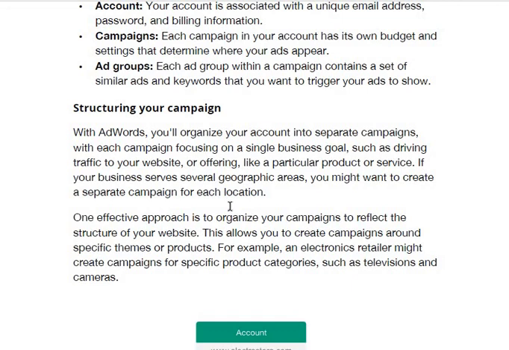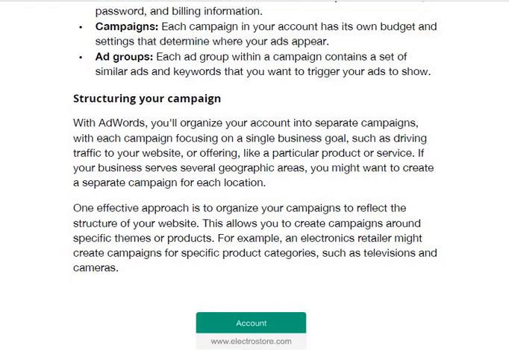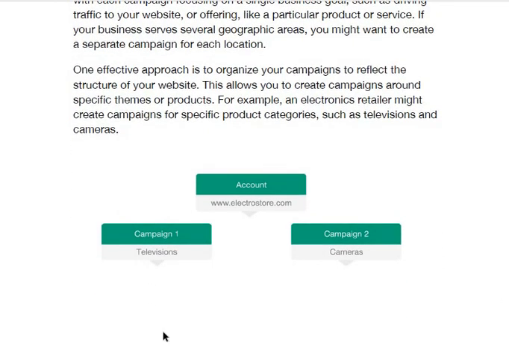This is how multiple campaigns and ad groups work in a single account, right? Like account, campaign 1, campaign 2. Campaign 1 may be for televisions, campaign 2 may be for cameras,